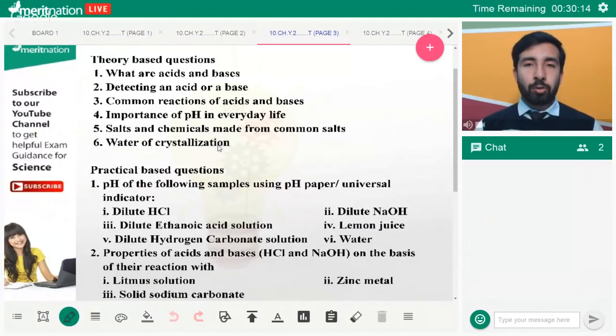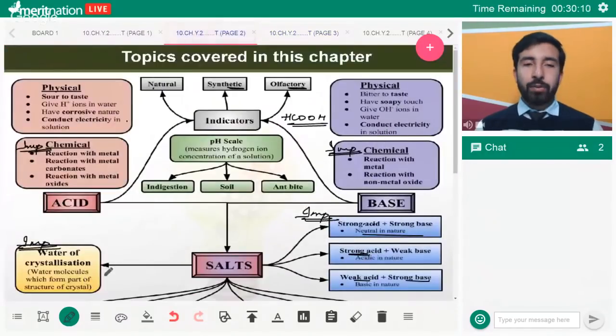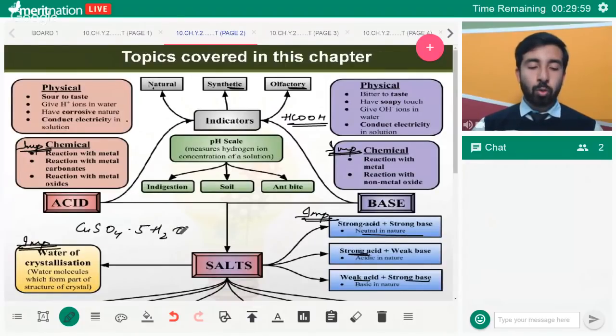Last is your water of crystallization, which includes the water molecules which are present, which form part of the crystal structure. As I have already told you, in some cases, for example, if we are writing down the formula of copper sulfate, then we say CuSO4.5H2O. Then this 5H2O is basically,